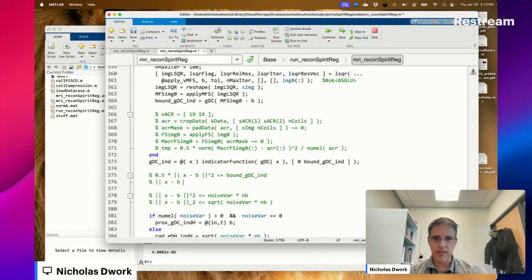So that's x minus b. The L2 norm of x minus b is less than or equal to, no, sorry, the square root of 2 times the bound. So the bound is actually